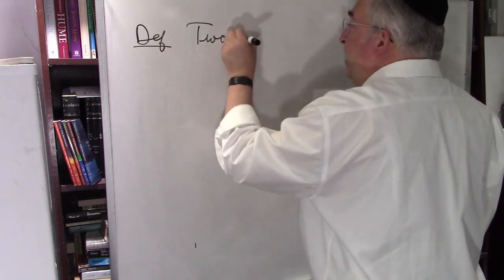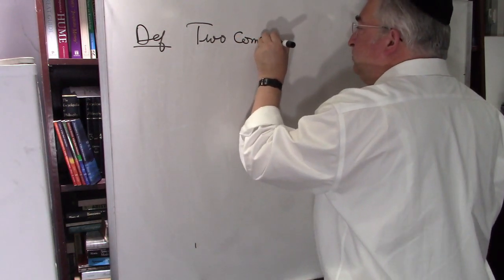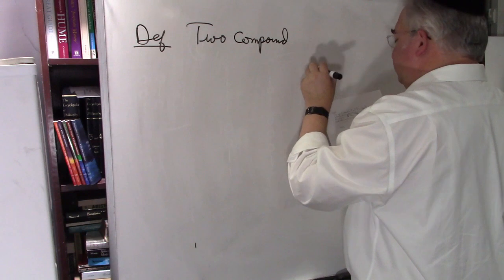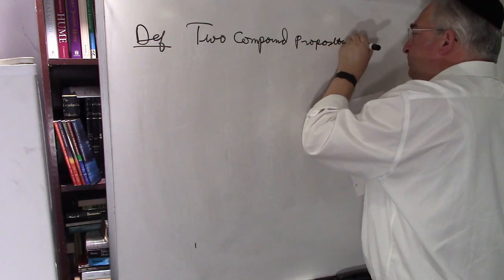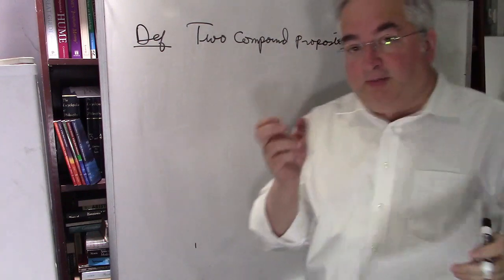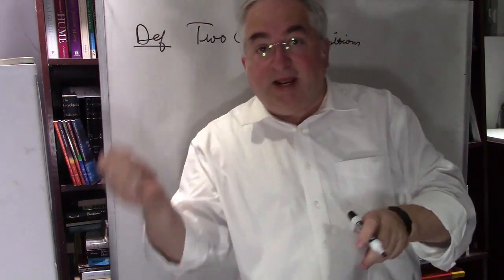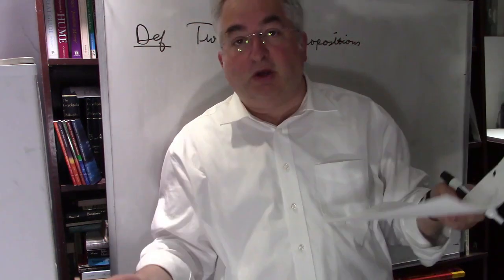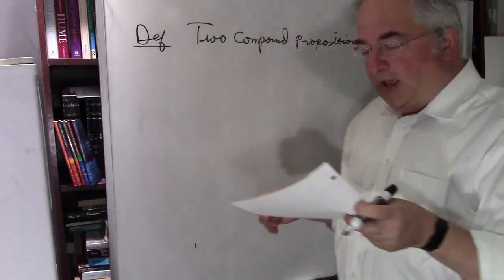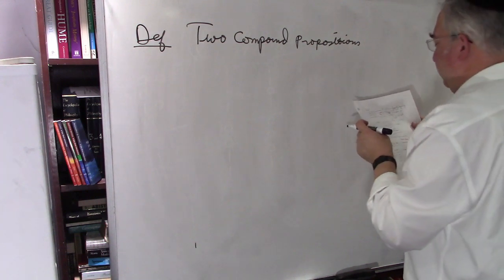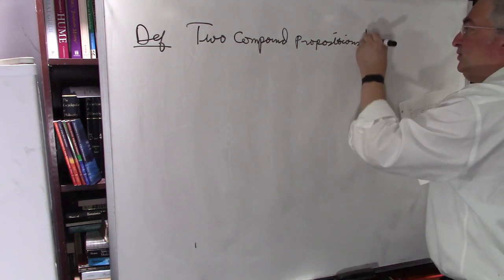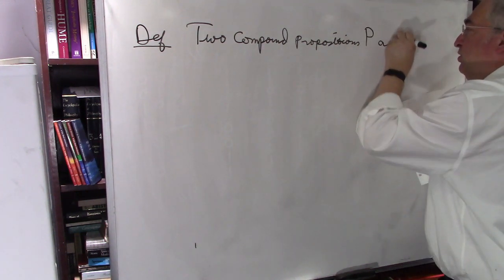Two compound propositions. That means they're propositions, but they come from ands and ors and arrows and double arrows and symmetric difference and exclusive ors, etc. Okay, two compound propositions, P and Q,